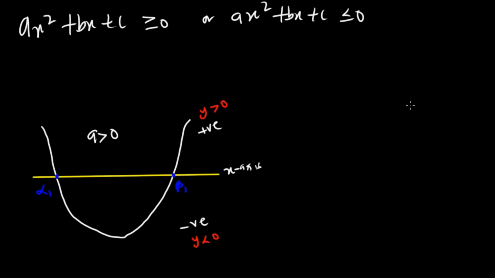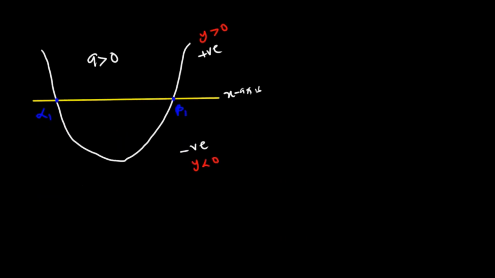If you know that alpha and beta are the zeros of the polynomial, we can use this method to solve quadratic inequality. So for the intervals, if you look at the first graph that we have here, for the interval x less than